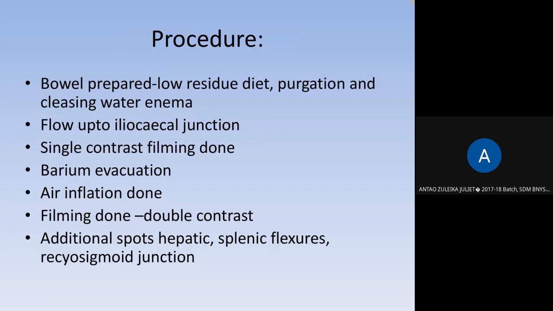How do you do the procedure? You do a cleansing water enema or a soap water enema. You clear the bowel, then you follow up to the ileocecal junction. Then you do filming, and then barium is removed. If you are putting one more contrast, that is known as a double contrast barium enema, or this is not required. Okay, interpretation of